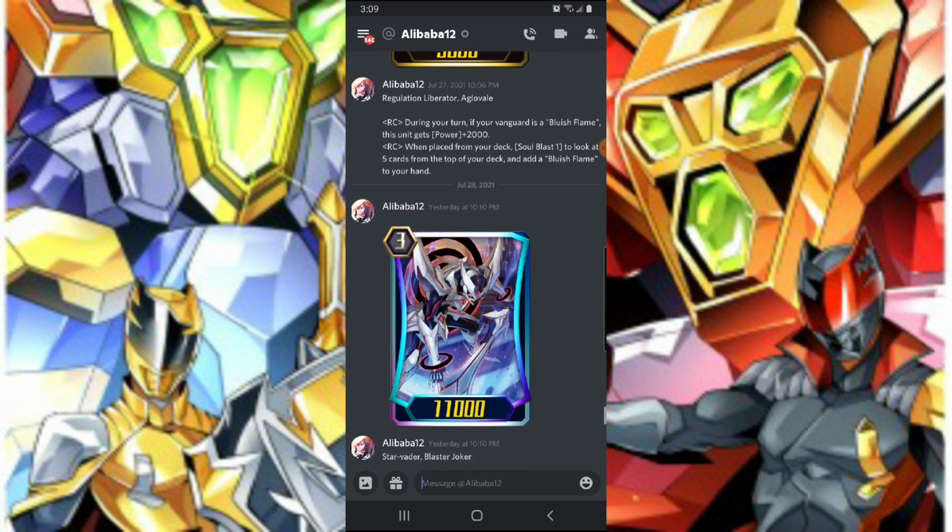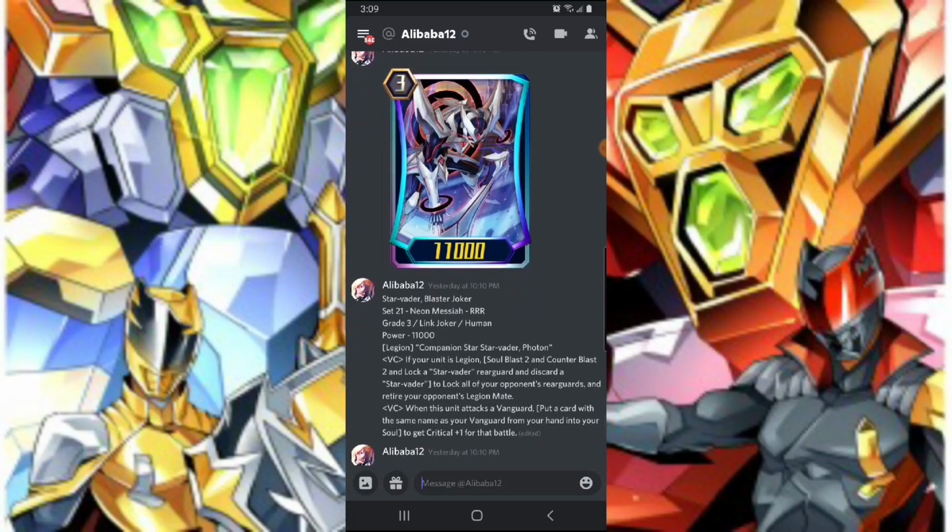Anyways, let's go over some Blaster Joker reveal. Yes, finally, Blaster Joker got revealed, folks. So let's see how they did him for Zero's format. If your unit is Legion, so this is continuous, Soul Blast 2, Counterblast 2, lock a Starvader, discard a Starvader, lock all of your opponent's rear guards, and retire